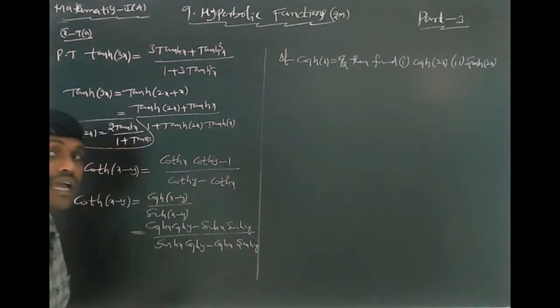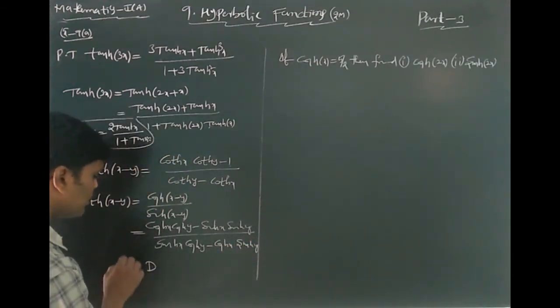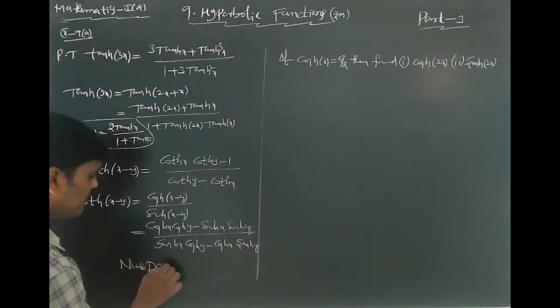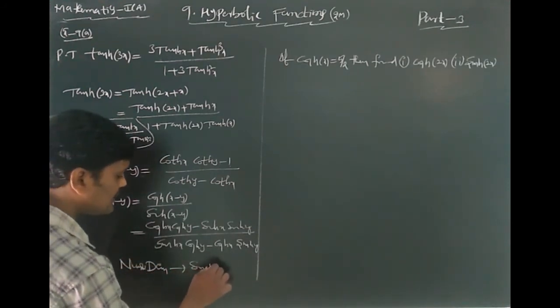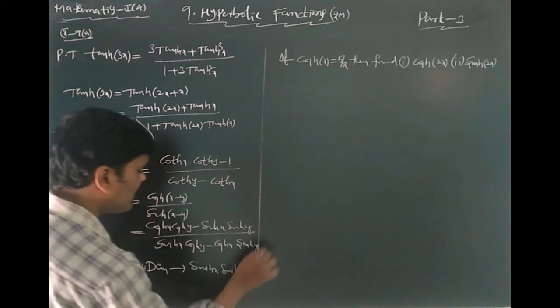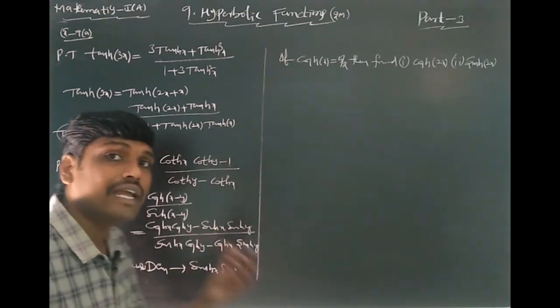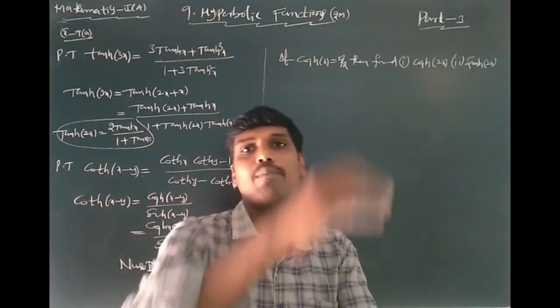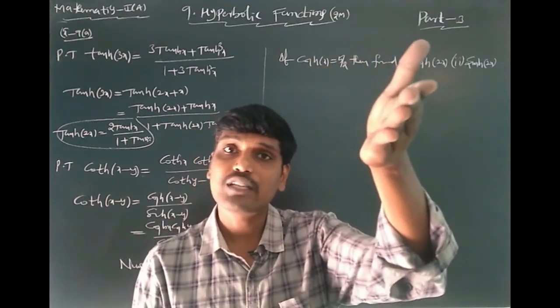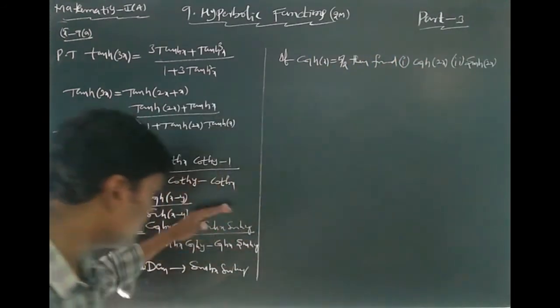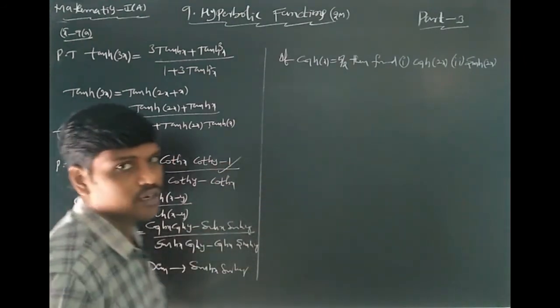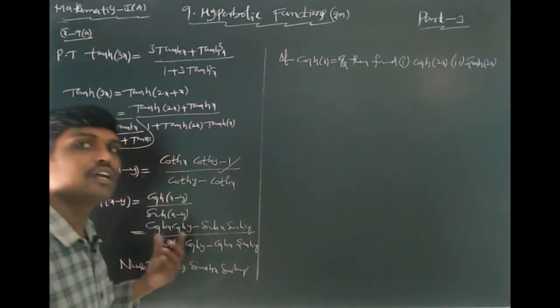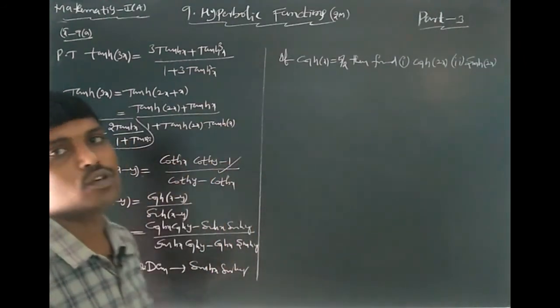This is the formula. In this formula, divide the numerator and denominator by sin hx into sin hy. This numerator is divided by sin hx into sin hy. Previous problem model, that is tan h of x minus y, explained. That model you can follow. You get the RHS part. This is the second problem hint. You can use this in the complete problem.